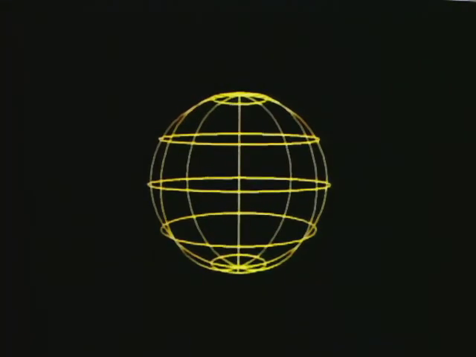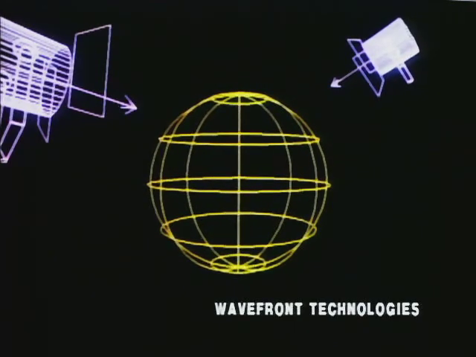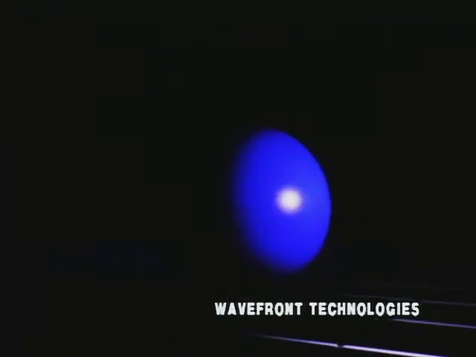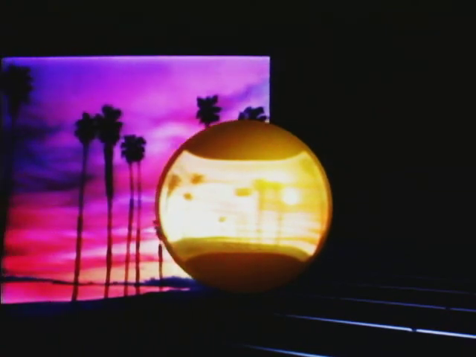Using this wireframe ball, the number and placement of light sources can be chosen. With a surface now added, the intensity, light color, and texture is specified. This image can be placed or mapped onto the ball as a reflection. The same image can then be used as a background behind the finished ball.